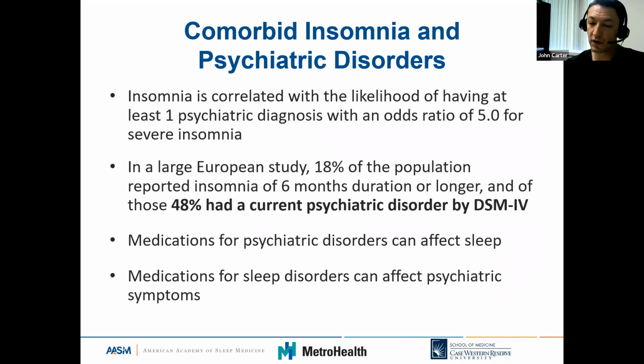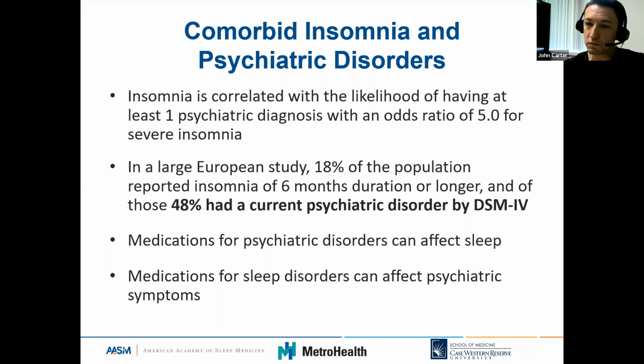As I mentioned before, folks who have depression or anxiety are very, very likely to have insomnia. Again, between 60 and 80% of folks with those diagnoses report insomnia. It works the other way as well. People who have severe insomnia are much more likely to report psychiatric complaints. In fact, the odds ratio in people who have severe insomnia is 5 for having at least one psychiatric diagnosis, meaning not just some kind of psychiatric complaint or symptom, but actually meeting DSM criteria for a